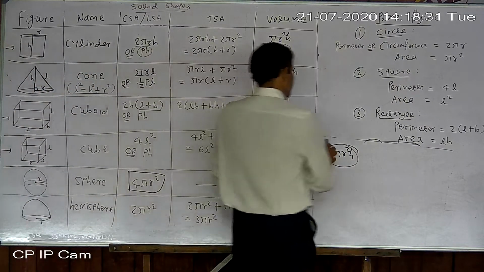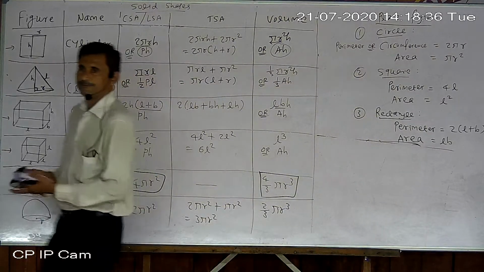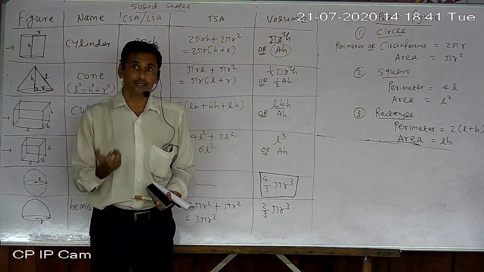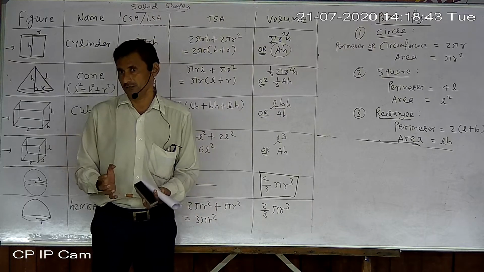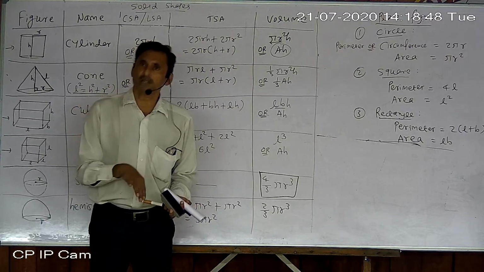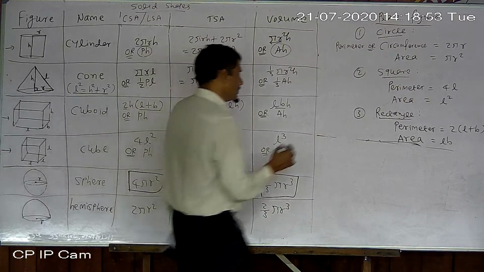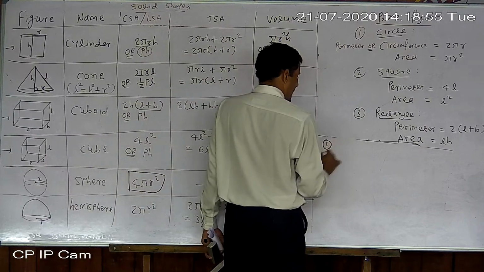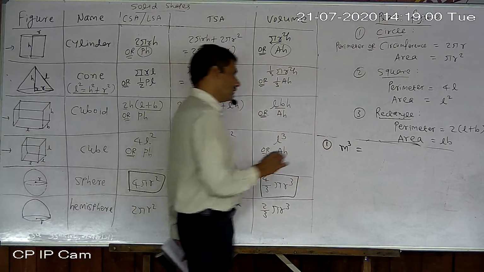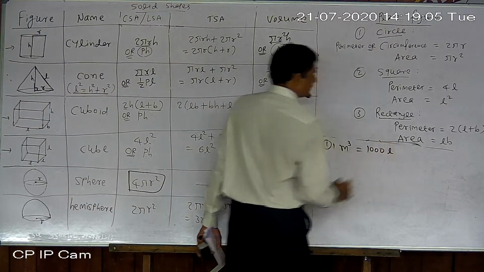Now, sometimes volume is asked in liters only. Suppose I tell you any cubical tank is there. How many liters of water can be filled? What is the capacity? Whether it is a cubical tank or cylindrical, or even conical or hemispherical tank, you have to first of all find the volume only. But whenever you find your volume in meter cube, you have to multiply by 1000. Why? 1 meter cube is equal to 1000 liters.